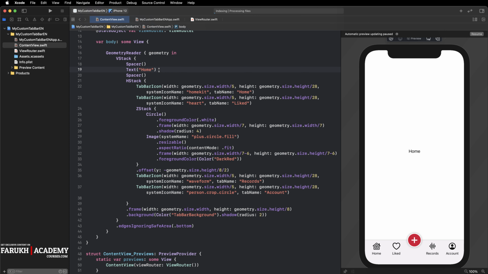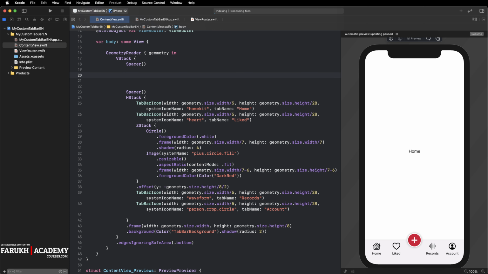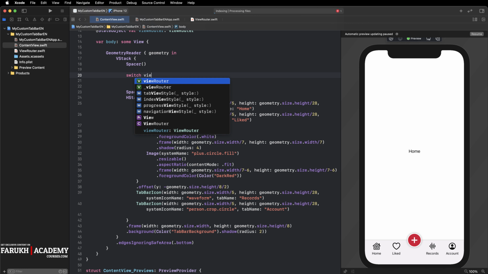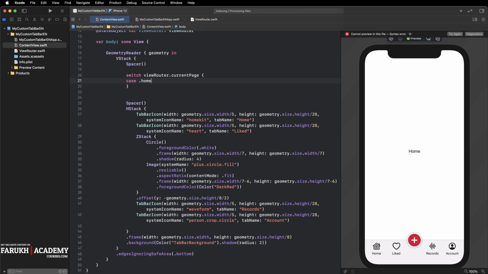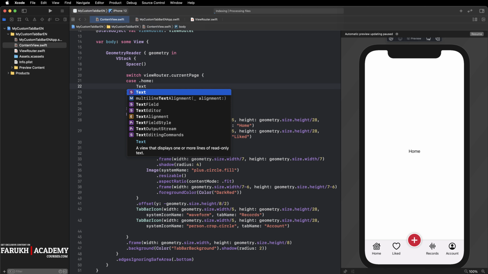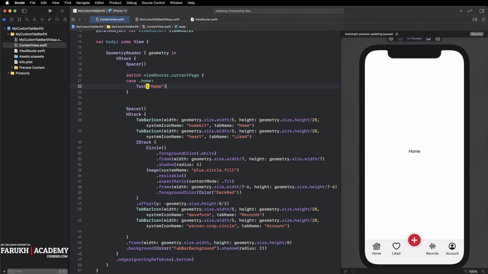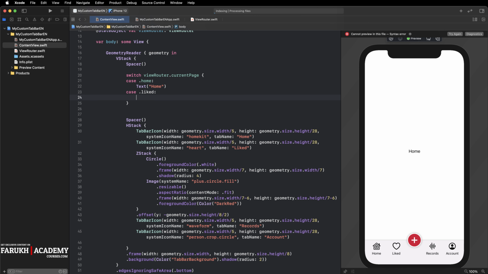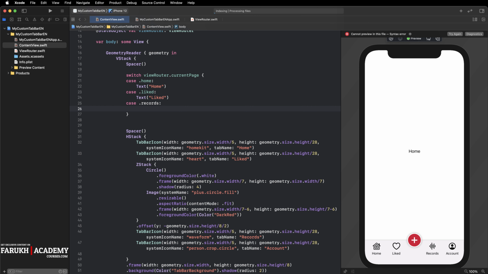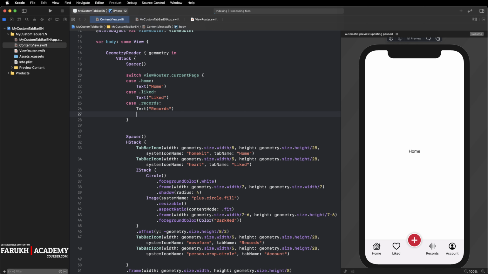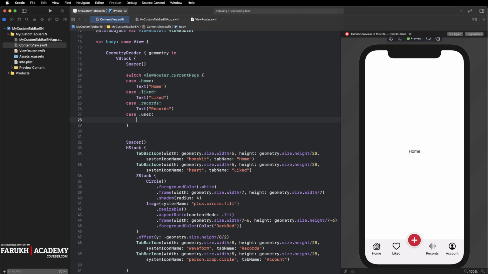So here we can rather write switch viewRouter.currentPage, open curly brackets, so case home, okay, then Text home, then liked, okay, then the codes, and finally the last case, just like that. Okay,